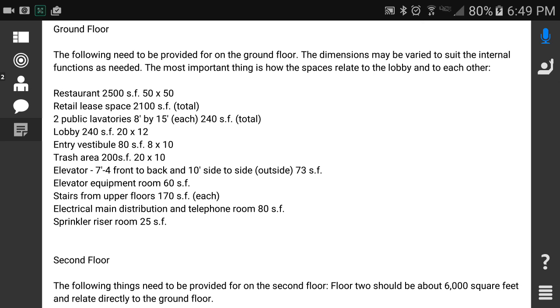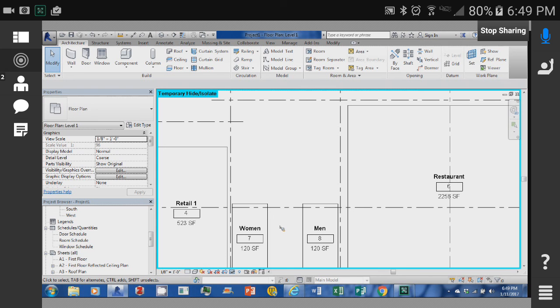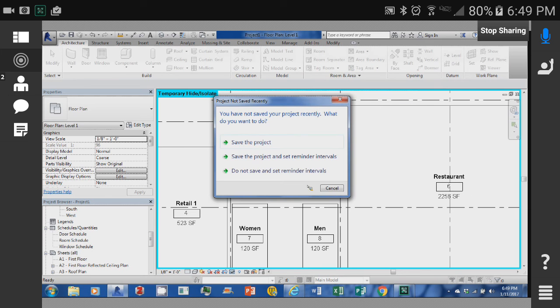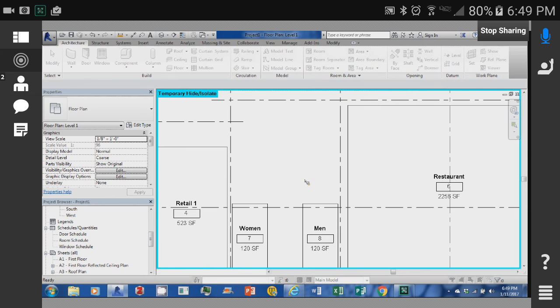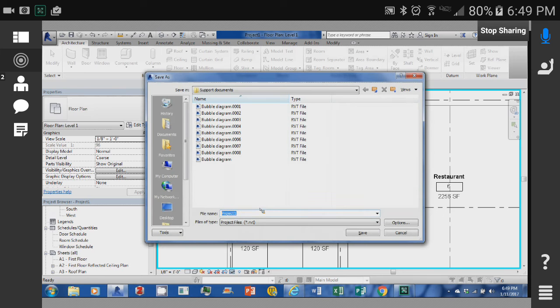Oh, I've got to get back so you can see it. Okay, so I need something 80, like an 8 by 10. I'm going to make a room separator. Save my project. This is going to be not that. This is going to be